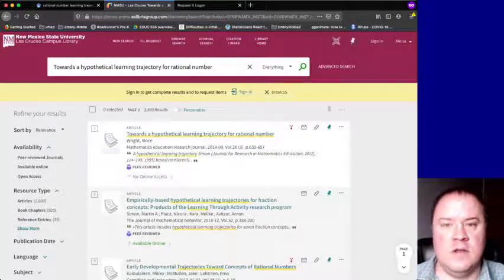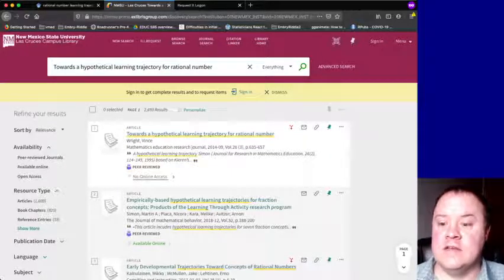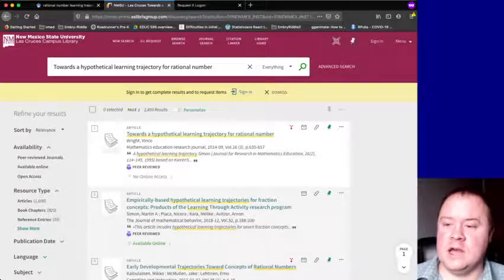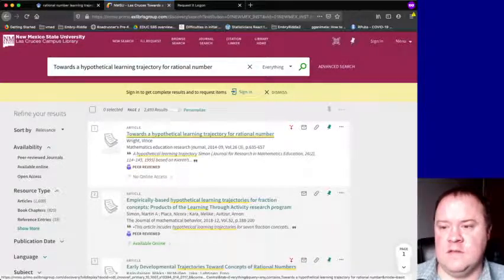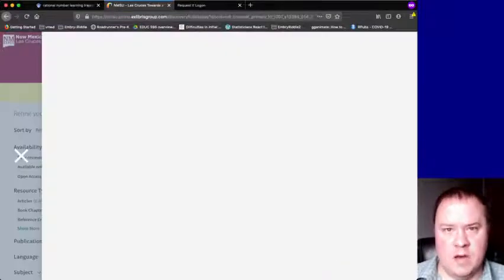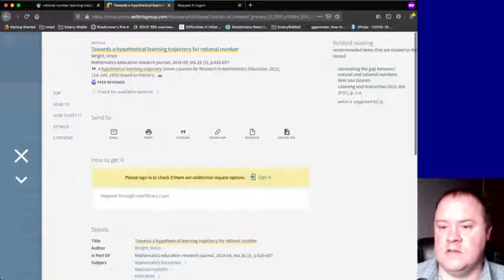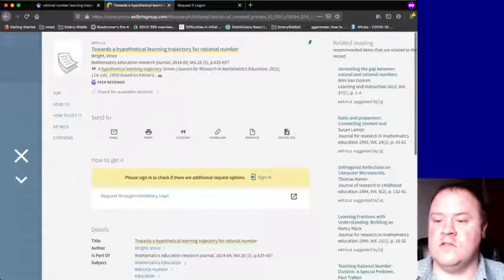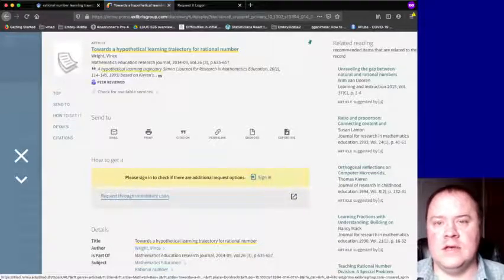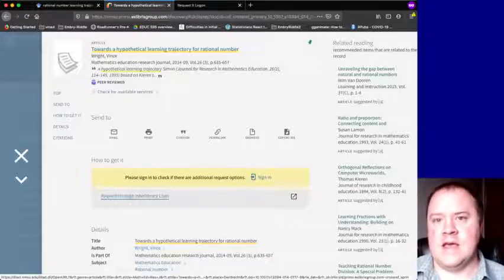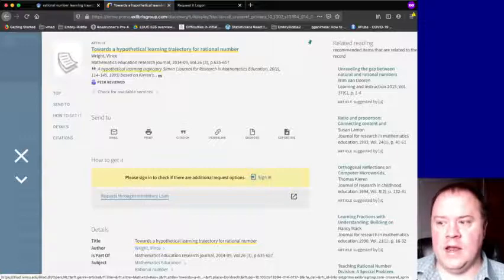And notice here it says no online access. So because it says no online access, if we click on this, it's going to give us some other options. And one of those, once it loads, see here it says how to get it. You can request it through Interlibrary Loan. Interlibrary Loan is essentially one library reaching out to another library and asking if they can let them have that access. So usually this takes about 24 to 48 hours, but